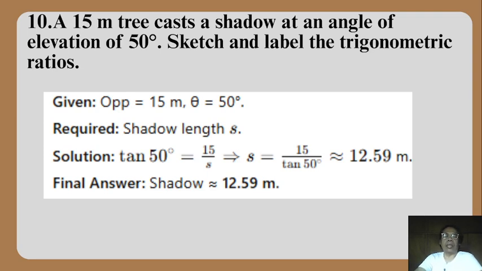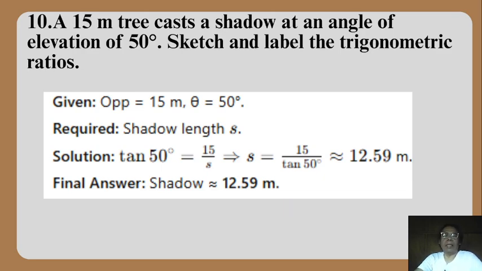So solution, tangent 50 degrees is equal to opposite, which is 15 meters, over adjacent, which is S. Cross multiplying, we get S equal to 15 over tangent 50 degrees, which is approximately 12.59 meters. So the final answer, the shadow S or the adjacent side is